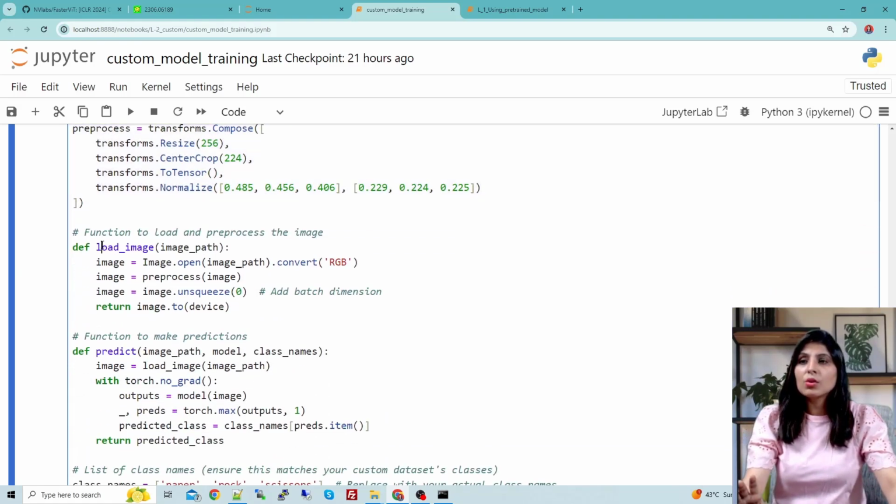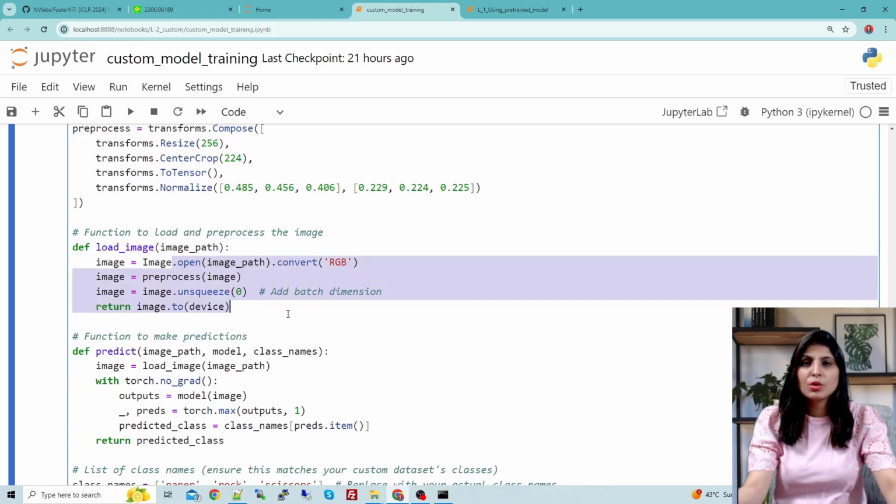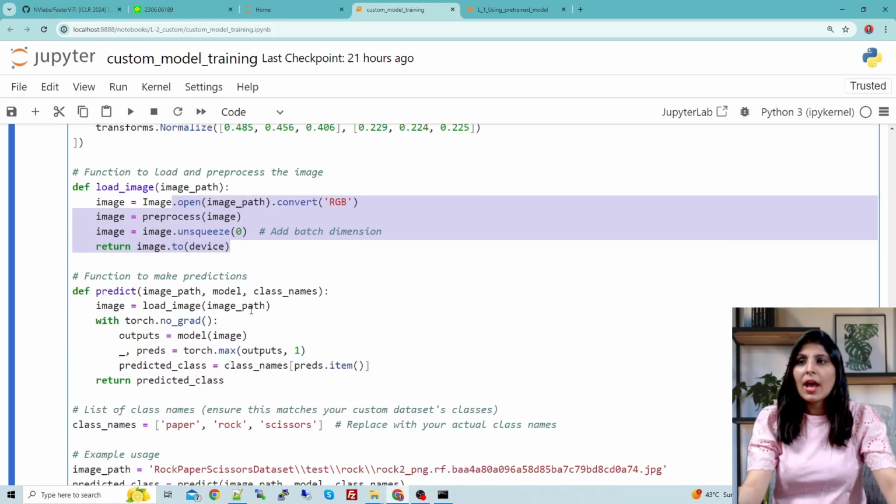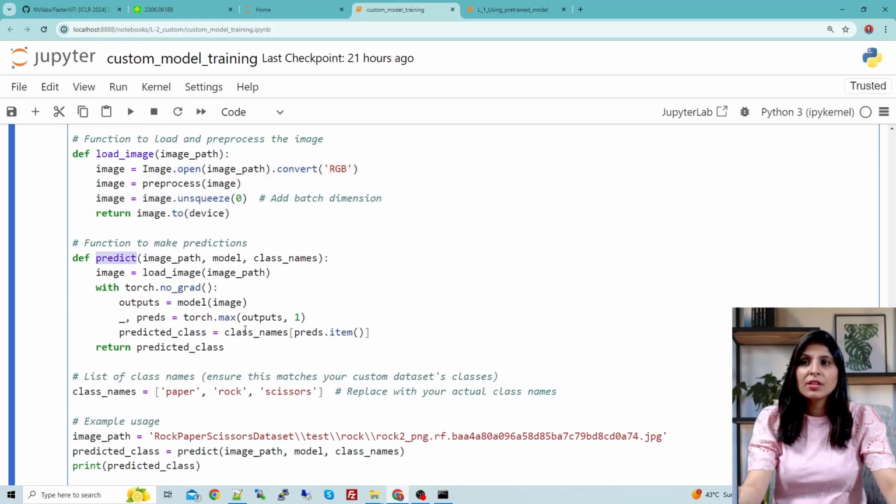Then we have a load image function here. This function is responsible to load the inference image, and then we have a predict function. In this function we have written code to predict. We are loading the image first using this, and then our model is performing the prediction on the image, and then we are getting the top one class.